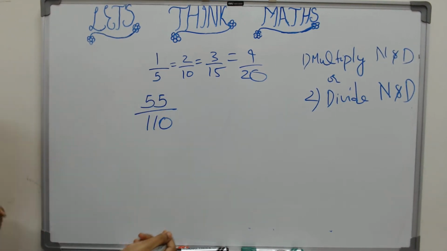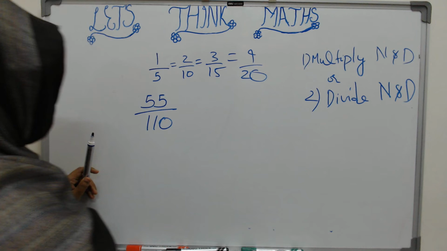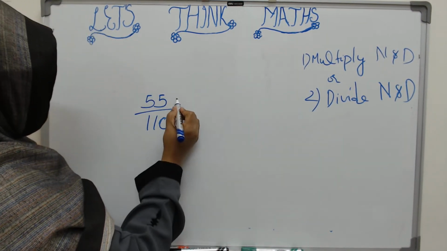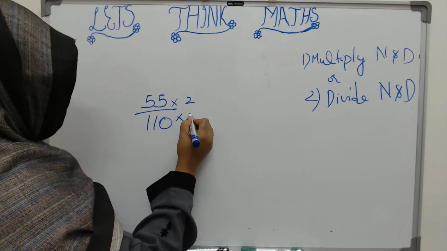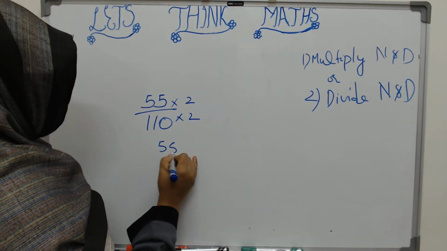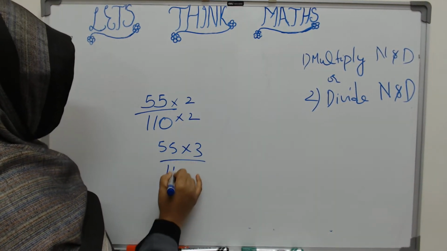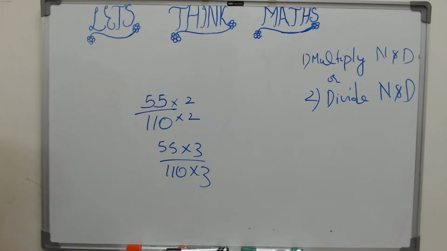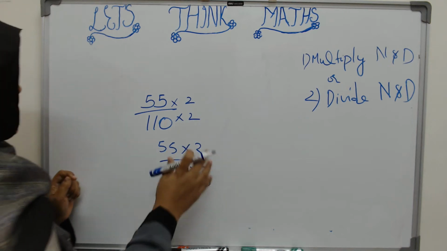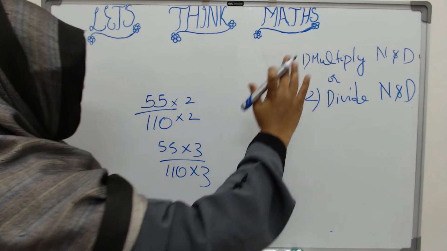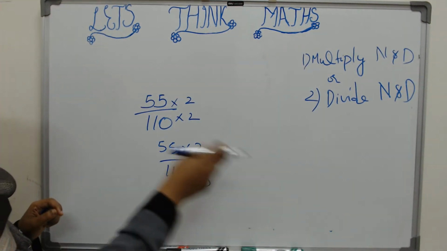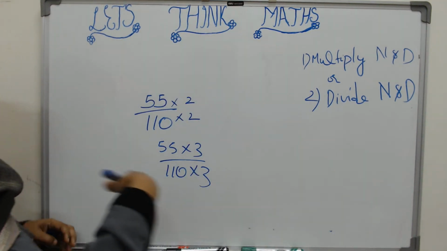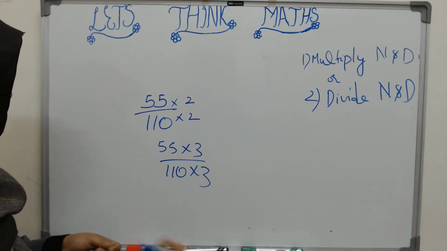Now look at this. This also you can multiply, no problem with multiplying, just like the earlier one. You can start multiplying it with 2, then with 3, and then with 4, and you can go on and on. But you have to understand, when you multiply, a number becomes bigger and bigger. So already you have a big number. The more you multiply, the bigger the numbers you have to deal with.